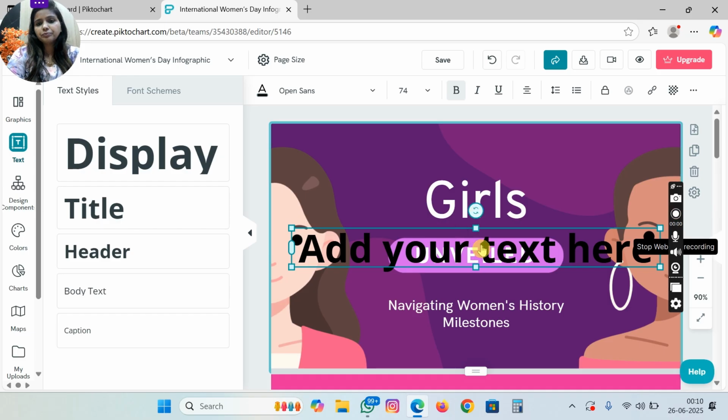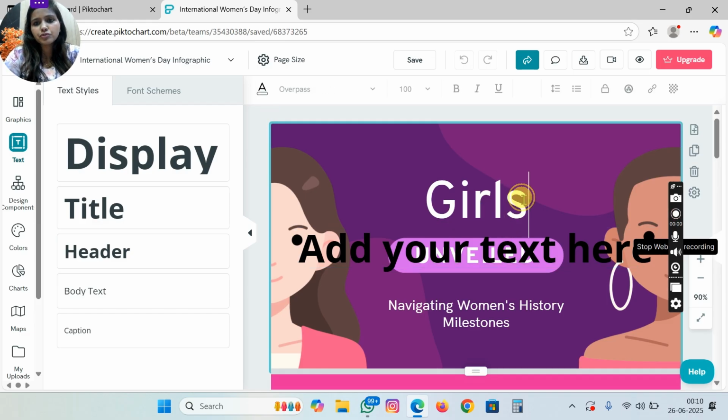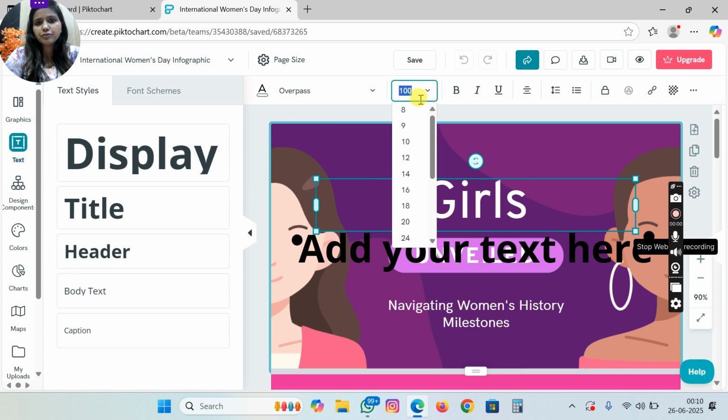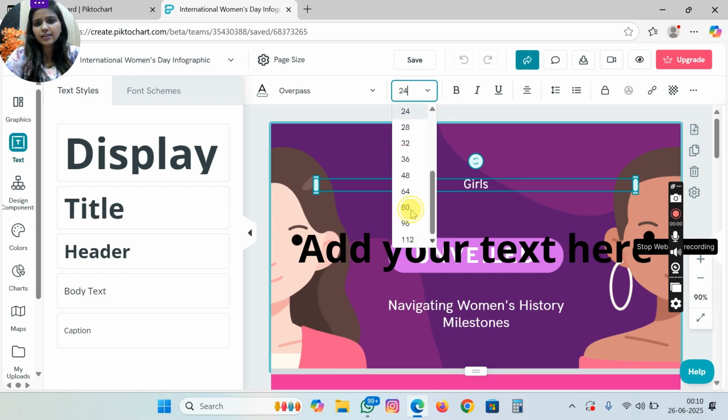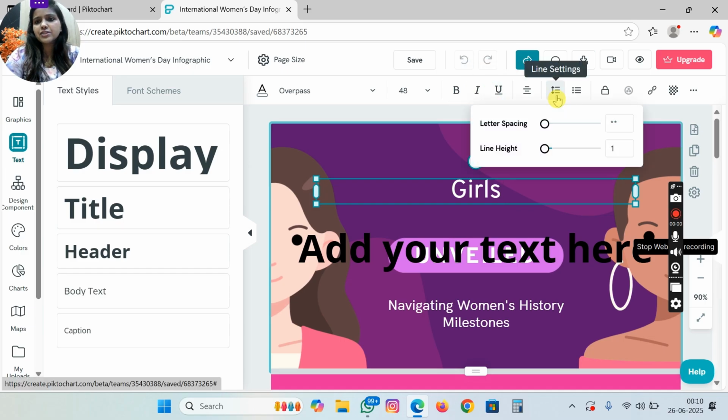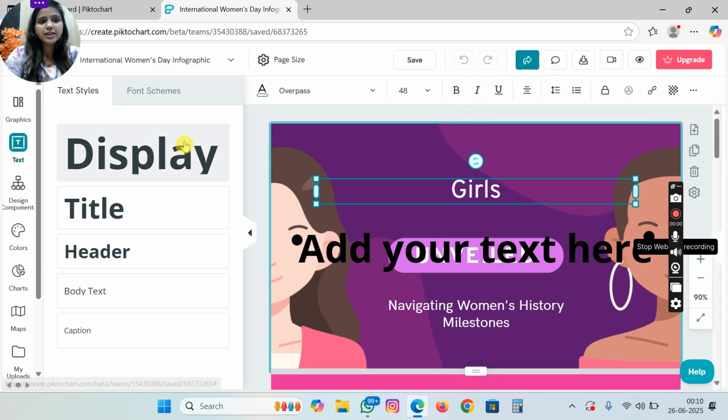After this, you can increase or decrease its font size. In the same way, you can make it bold, italic, underline. You can set its spacing.